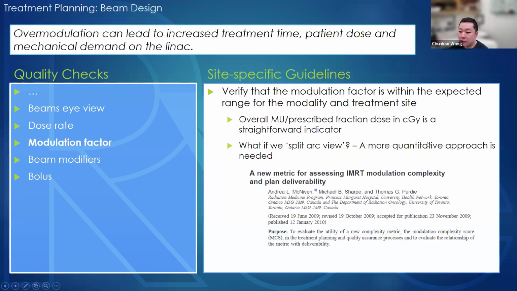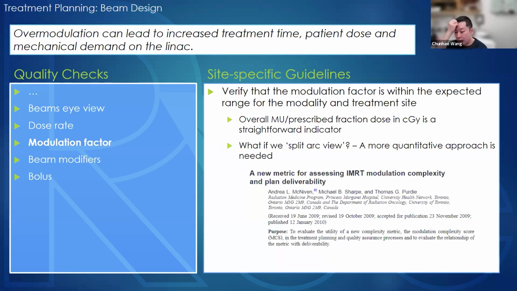For modulation factor, we want to verify the factor is within the expected range of the modality and the treatment site. A simple rule: the overall MU of the plan divided by the prescribed fraction dose in centigray is a very straightforward indicator of the modulation factor. But this applies to a simple beam design. What if we have a very complex beam design, such as a split arc, because not every beam is covering the whole target? So we need a more quantitative approach to assess the